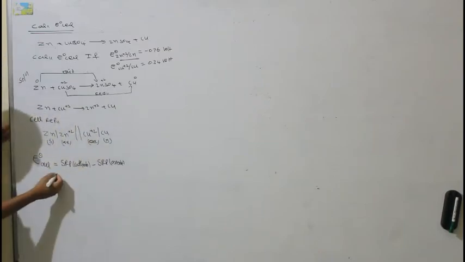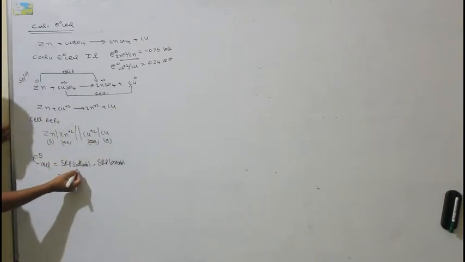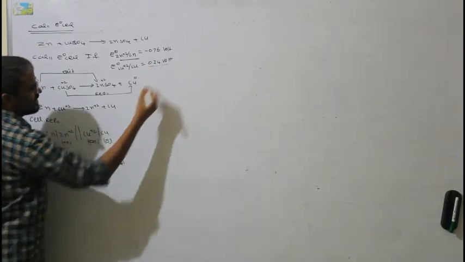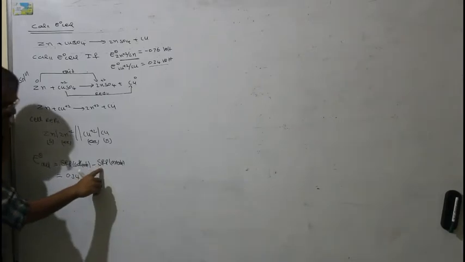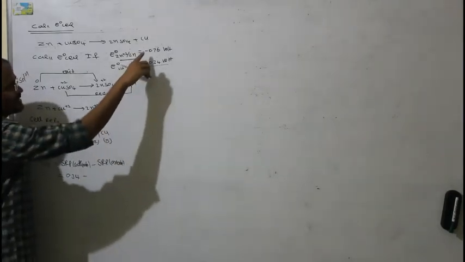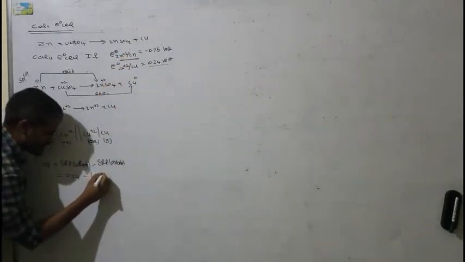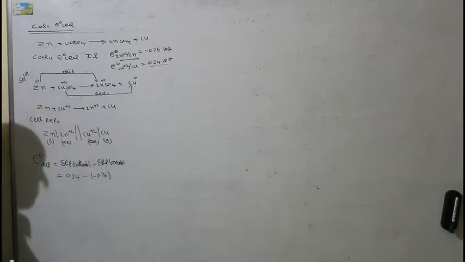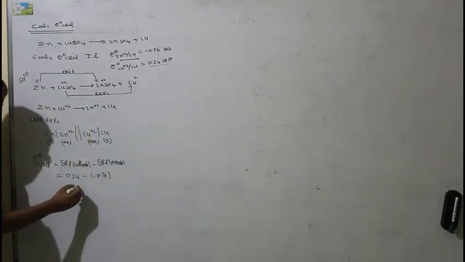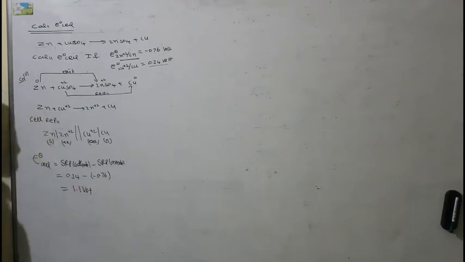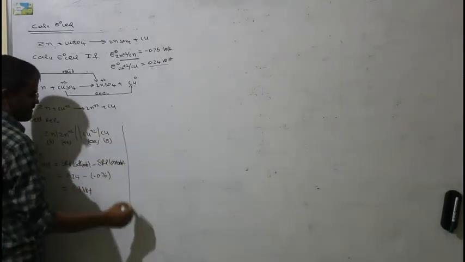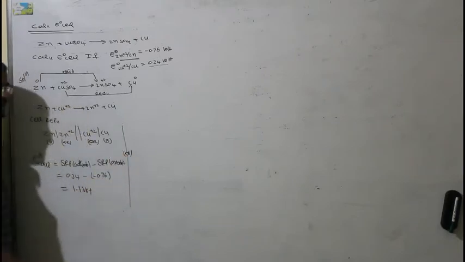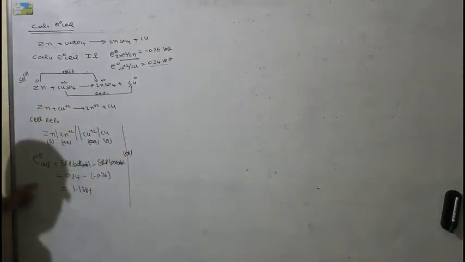So what is the cathode reduction potential value we have here? Cathode is copper. Reduction potential value of the copper is 0.34, minus standard reduction potential of anode, that is minus 0.76. So answer will be 1.1 volt, the E naught cell of this one. But we have another method also. Actually I said three formulas we have. One is with reduction potential.